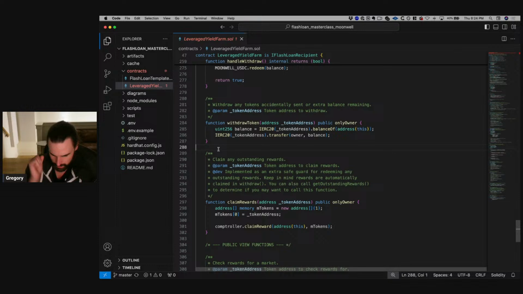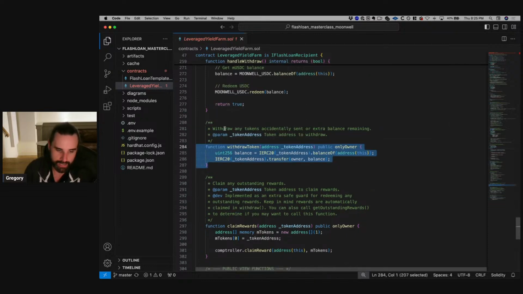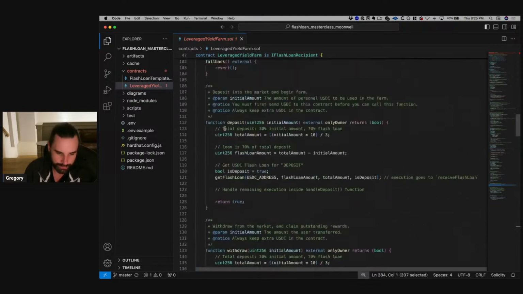So if you got some USDC stuck in this contract by mistake, you can just pull it out with that function. Likewise, if you sent the wrong cryptocurrency to this, or you accidentally sent some other cryptocurrency to this for whatever reason, you can always get it out by just calling this function, passing in the address. It's a great fail-safe mechanism to have in all your contracts if you're a developer, okay?